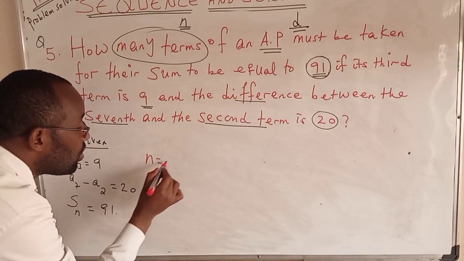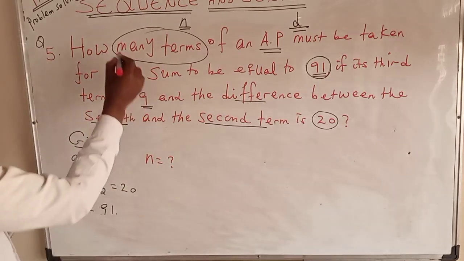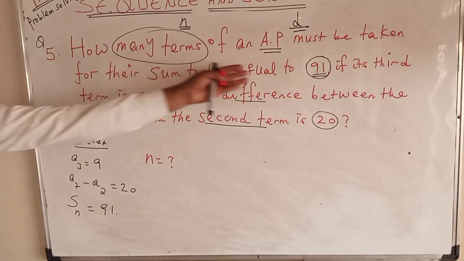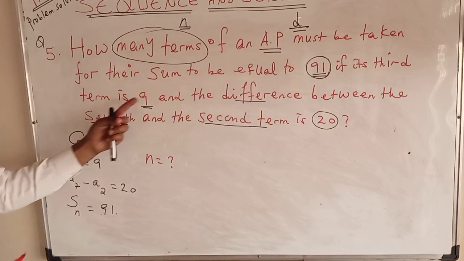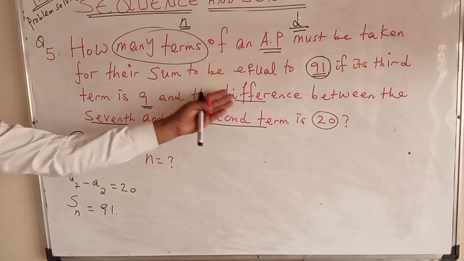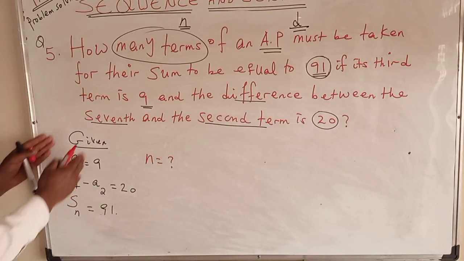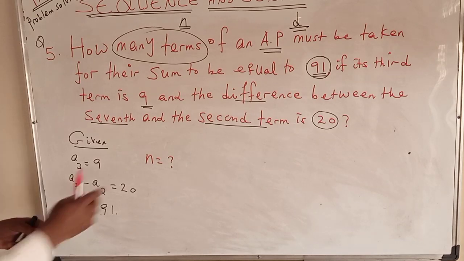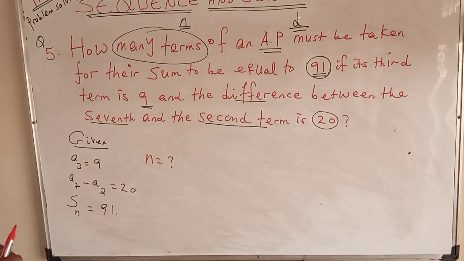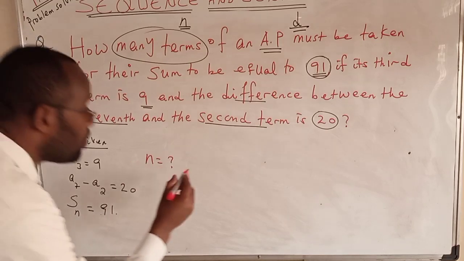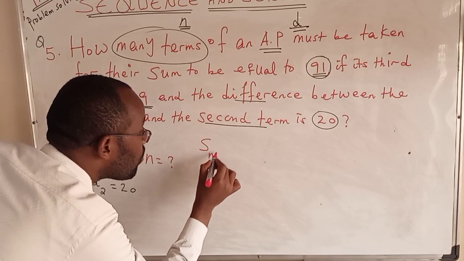ስለዚህ የተጠየቀው ጥያቄ ምንድነው፣ n ነው. We are asked to find the number of terms, how many terms of the progression must be taken so that the sum equals to 91 if the third term is 9 and the difference between the seventh and the second term is 20. Now having this information, how can you calculate the value of n? Now በቀጥታ እስኪ ለምሳሌ ከዚህ እንነሳ። ይሄን ለማግኘት ምንድን ነበር የሚያስፈልገን ነገር የሚለውን እንመልከት። Now Sn, our formula for